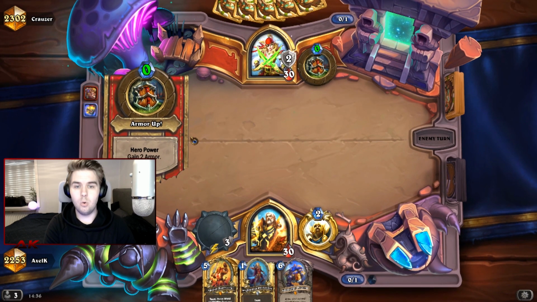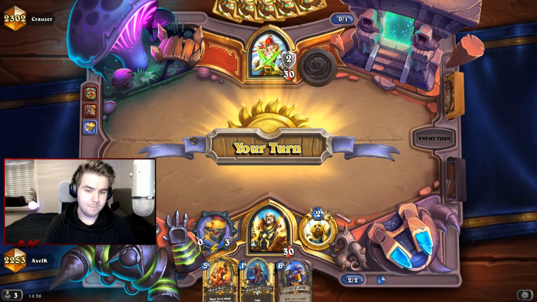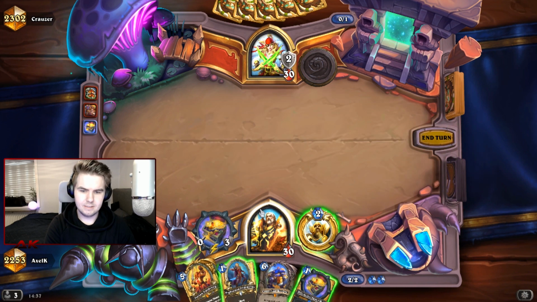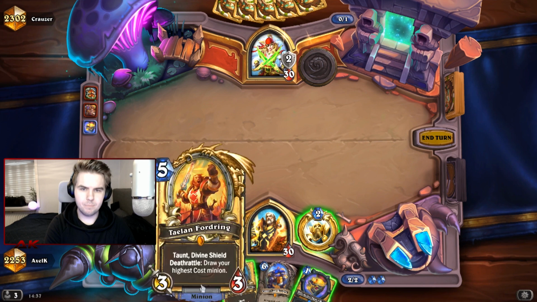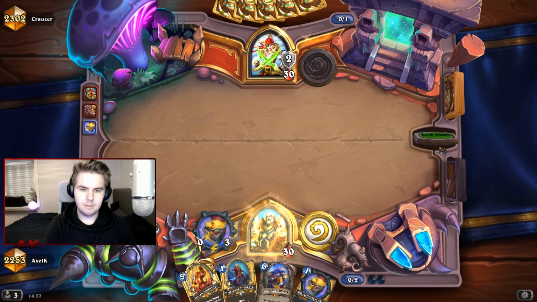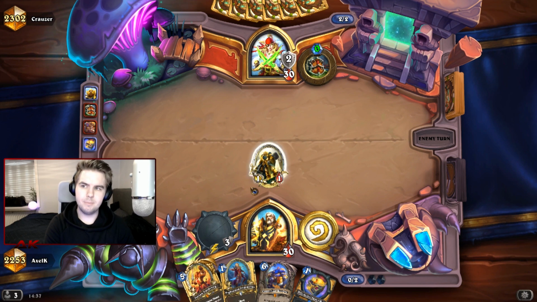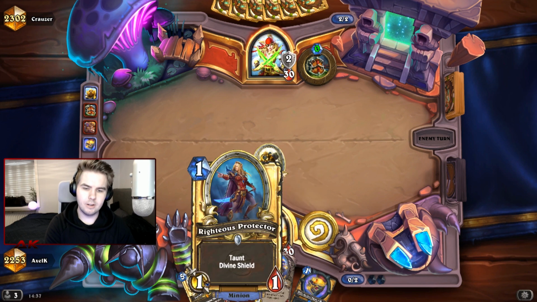It's super good. Oh! He goes for the slow game. Interesting. I don't like this. I think I kind of just want a hero power because I don't really want to buff these. So I'm just hero powering here. He wants to play the slow game, which makes me kind of want to go fast, but we're so good in the late game, so...